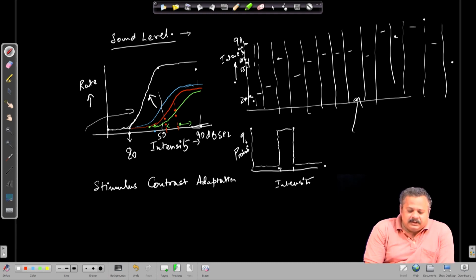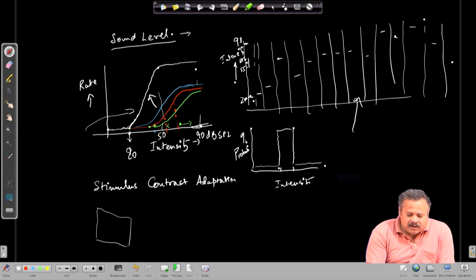In this particular case, the example that I am talking about is from the thalamic neurons in the visual system, in the LGN. So, if you play a movie of very low contrast